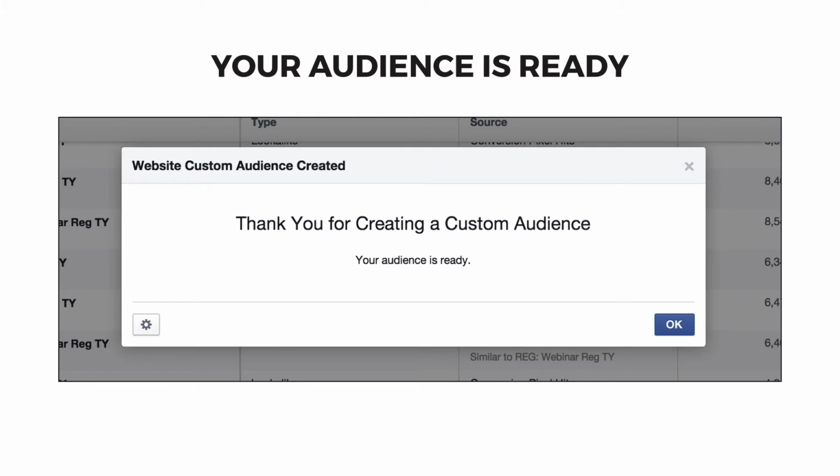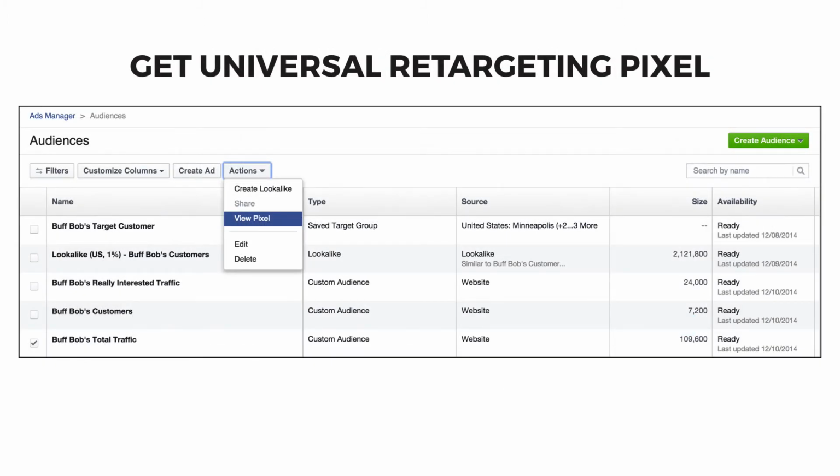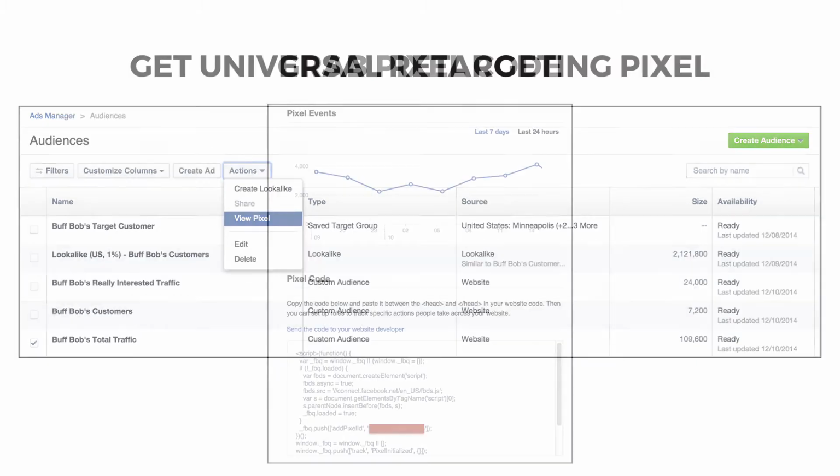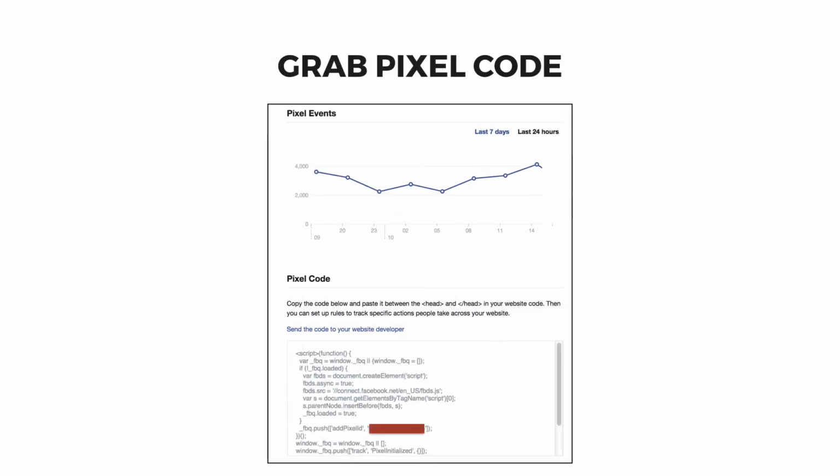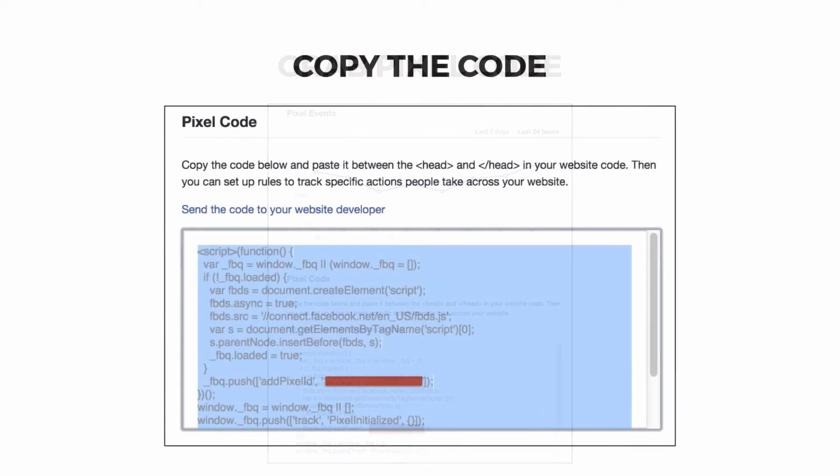Click OK, and on your Audiences page, select the audience you've just created, then select the Actions dropdown and View Pixel. After you've had your pixel on your website for a while, you'll see an action graph, but for now you can ignore the graph at the top and instead go to the bottom half of the page and copy the pixel code. This is a similar code to the conversion pixel we created in the earlier part of the course,